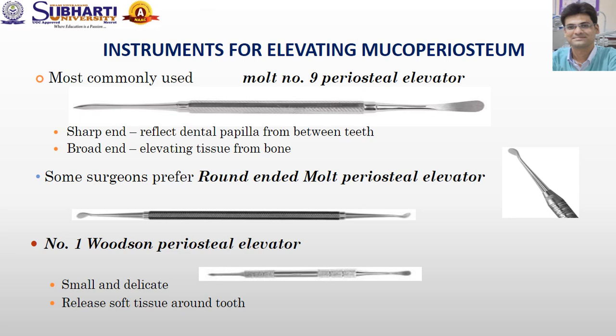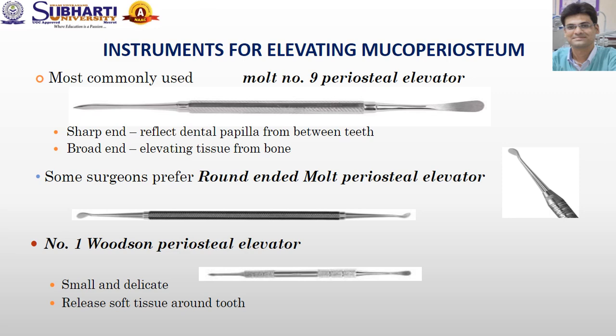The most commonly used elevator in oral surgery is the Molt number 9 periosteal elevator. It has two ends, a sharp end and a broad end. The sharp end is used to reflect the dental papilla between the teeth and the mucoperiosteum with the help of the prying motion, whereas the broad end is used for continuation of reflection of the mucoperiosteum with the help of the push stroke. Some surgeons prefer the round-ended Molt periosteal elevator for reflection of the mucoperiosteum. Number 1 Woodson periosteal elevator is very similar to the Molt periosteal elevator but is very small in size and delicate